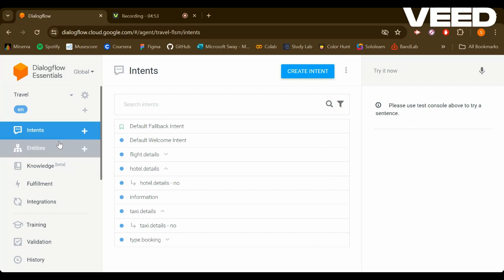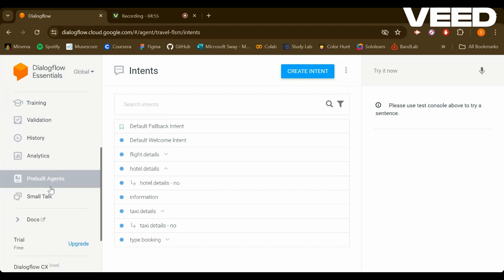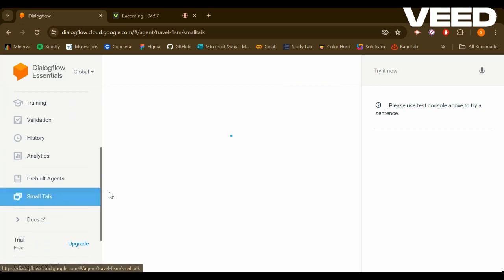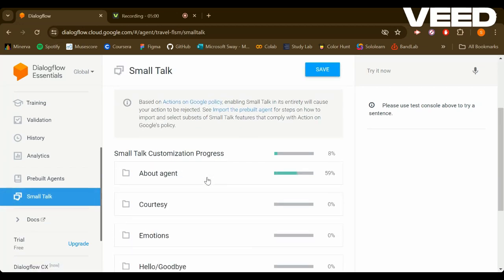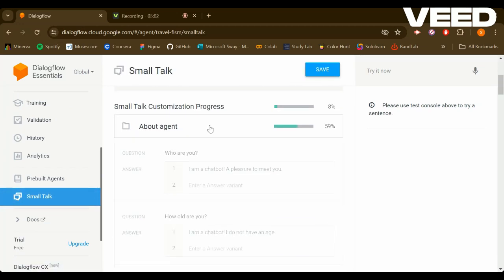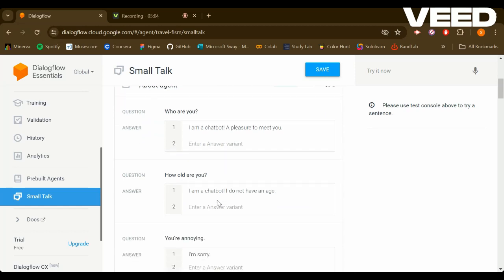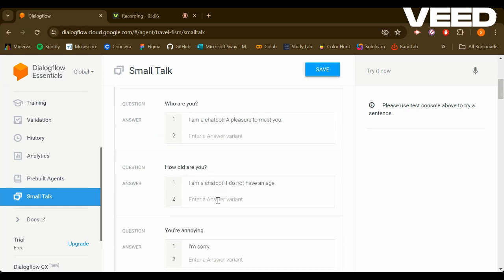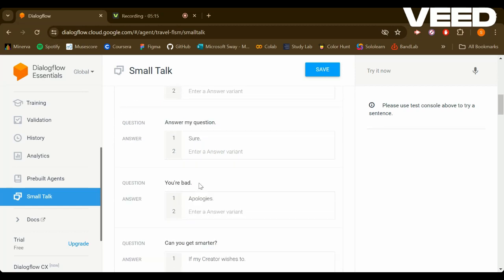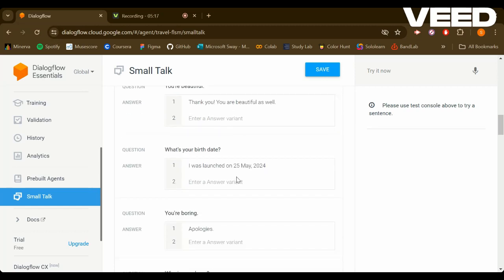So these are the entities and intents that I have used. Similarly, I've also added some small talk about agent where the user can have small talk with the chatbot. It can ask questions like who are you, how old are you, and the chatbot will have a certain answer to it that I have written.